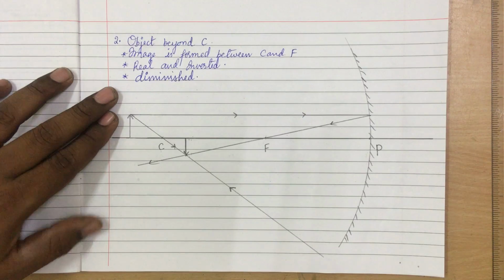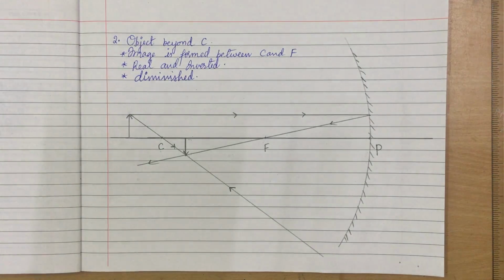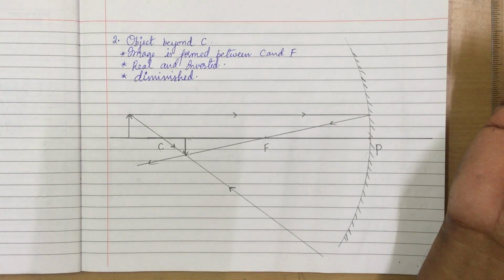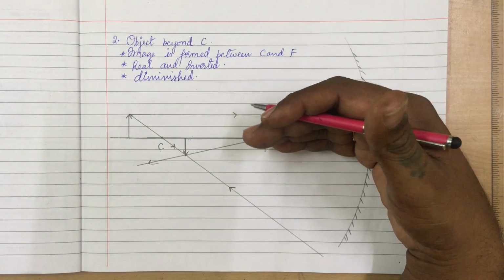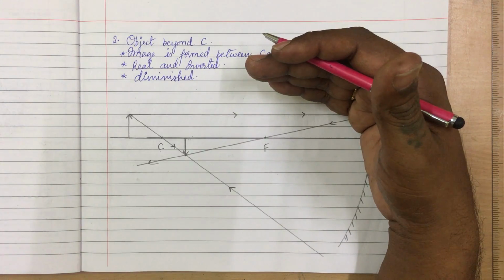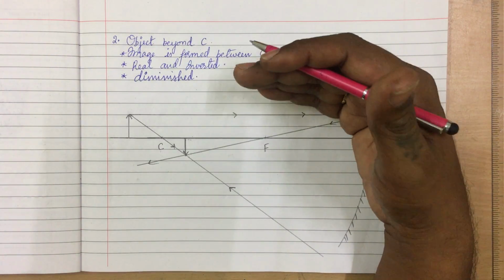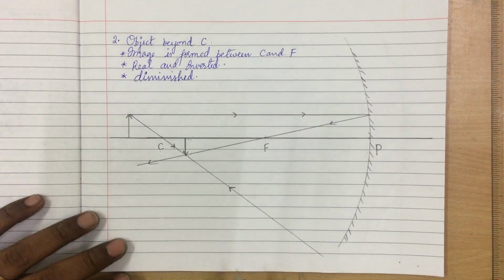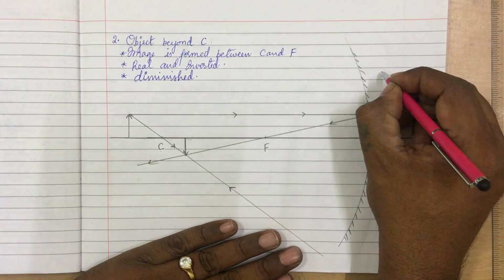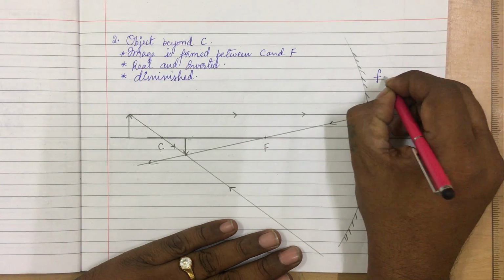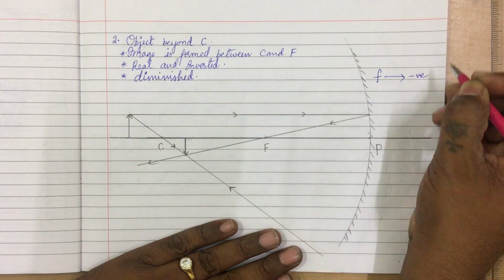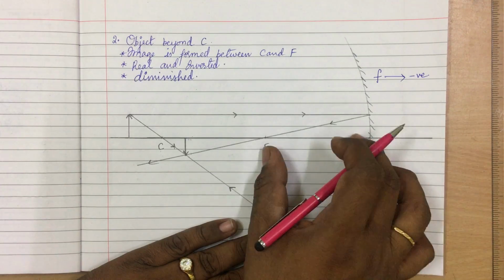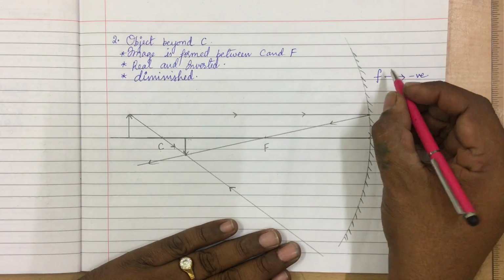In the previous lesson we learned that anything on the left side of the mirror, the distance is considered negative. On the right side of the mirror, it is considered positive. Above the principal axis, the height of the object or image is considered positive, and below the principal axis we consider it negative. So according to this, the focal length of a concave mirror is always negative, because the focal length is on the left side of the mirror. It is between F and P, and it is a negative distance, left side.